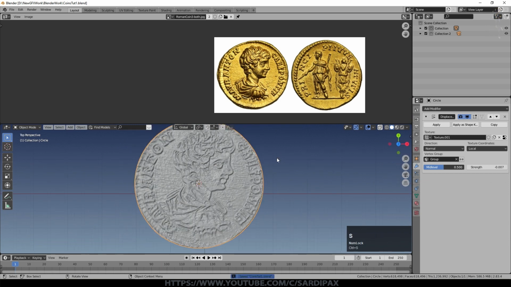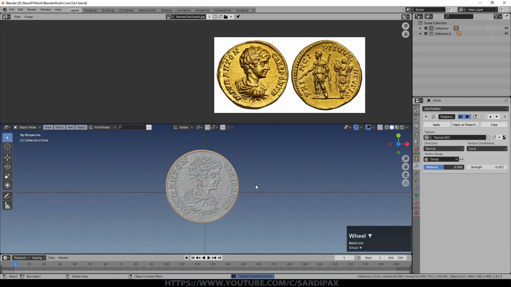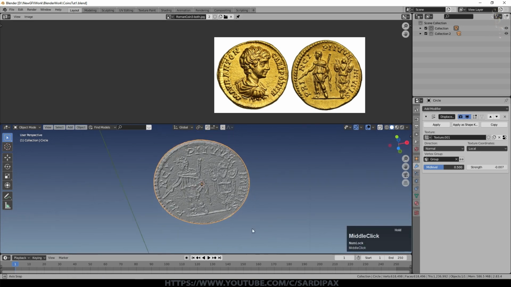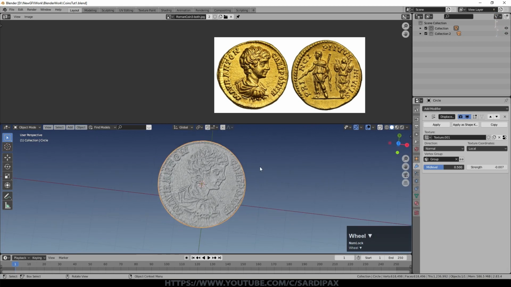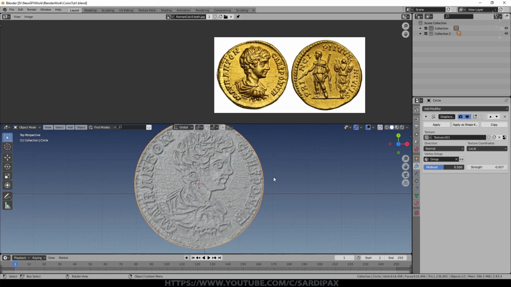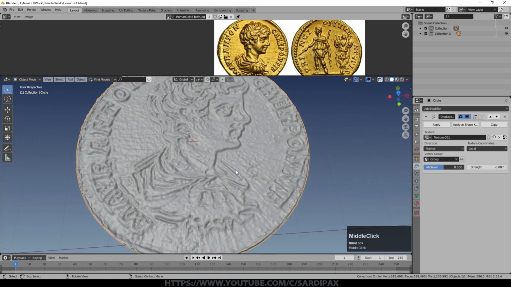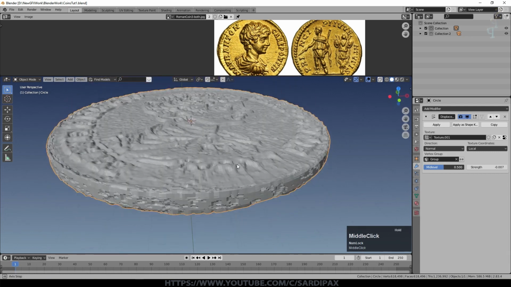So we've got the two sides of the coin, but we now need to make that into some form that's more useful for the animation we're going to create. So at the moment, that's a lot of geometry. We've got over 500,000 vertices in this one coin. So completely impractical for animating any significant number of these coins. But what we can do is render this into what's called a normal map. So a normal map is used to tell the render engine that it should render as if there was geometry that in reality there is not.